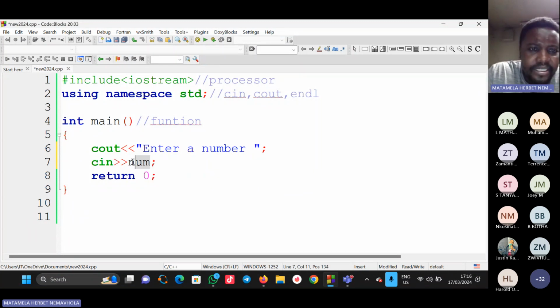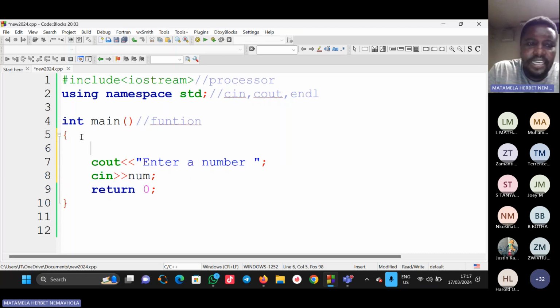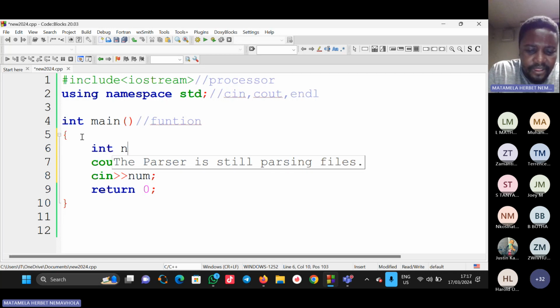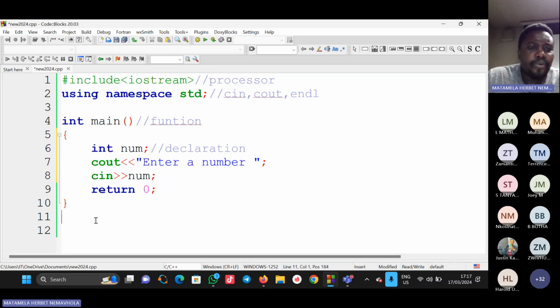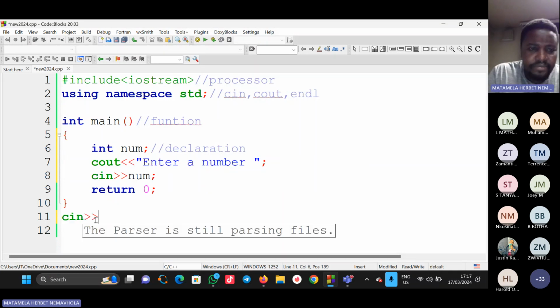So this number, I'm declaring or creating a box. But in this box, we have to declare it first. Let's say int, we're going to use an int number. When I say int number, I have just declared. It's a declaration. So after this declaration here, the cin works with capturing. It is to capture